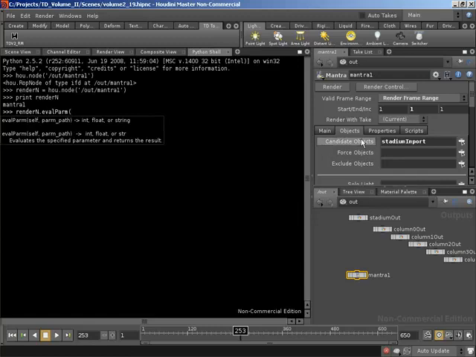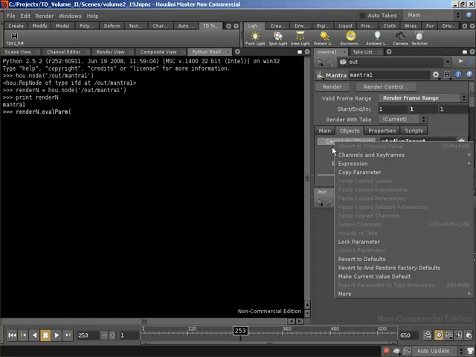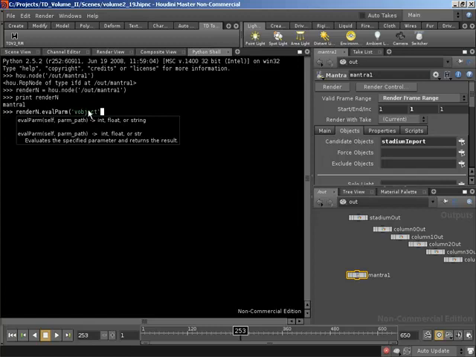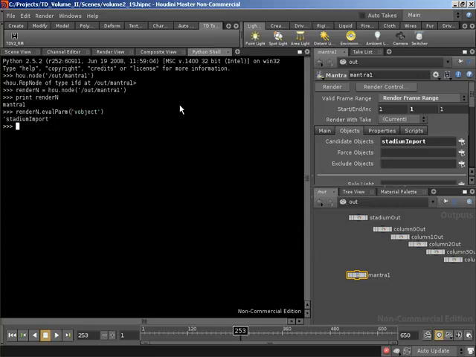If we hover our mouse over candidate objects, the parameter name should eventually show up. There we go. The parameter is vObject, all lowercase. So if we were to evaluate the vObject parameter, and I am passing both parameters and nodes as strings and using single quotes to specify that string. So vObject, we can see that the evaluation comes to stadium import, which is whatever we have currently typed into